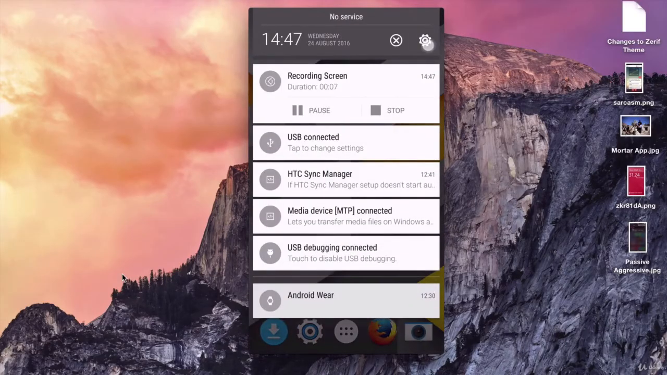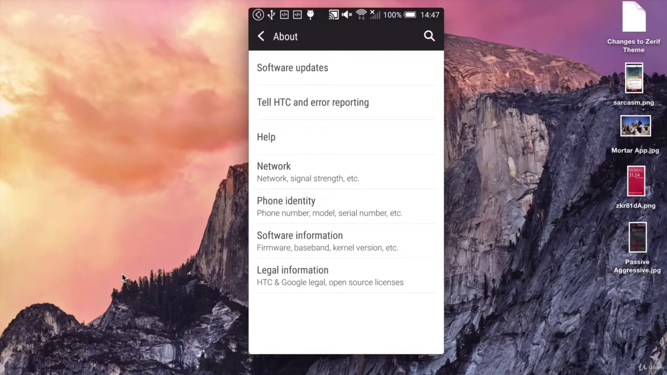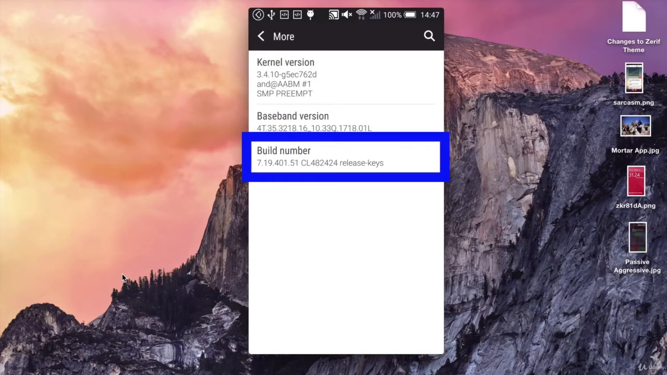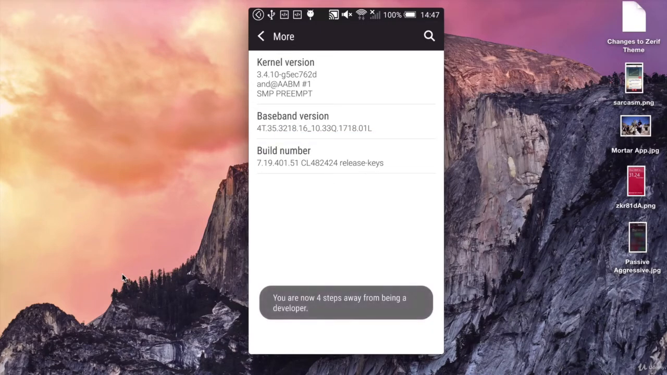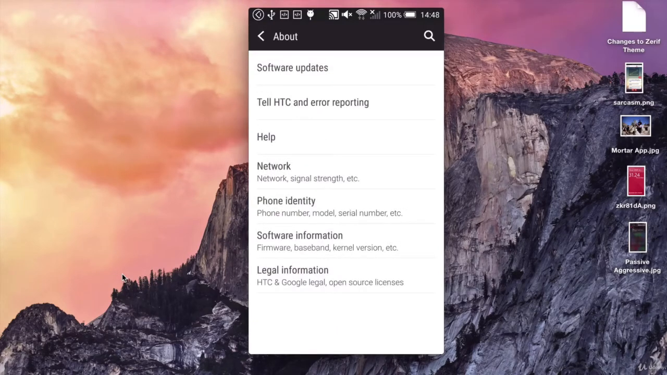So you're going to go into your settings and go on to About, and you're going to somehow locate something called your build number. Now, on this HTC device that I'm showing you right here, it's under About, and then inside Software Information, and then we have to go into More in order to discover this thing called Build Number. Now, once you've discovered Build Number, then you have to start tapping on it. And you're going to get a pop-up that tells you how many steps you are away from being a developer. So keep tapping. You have to tap a total of 7 times